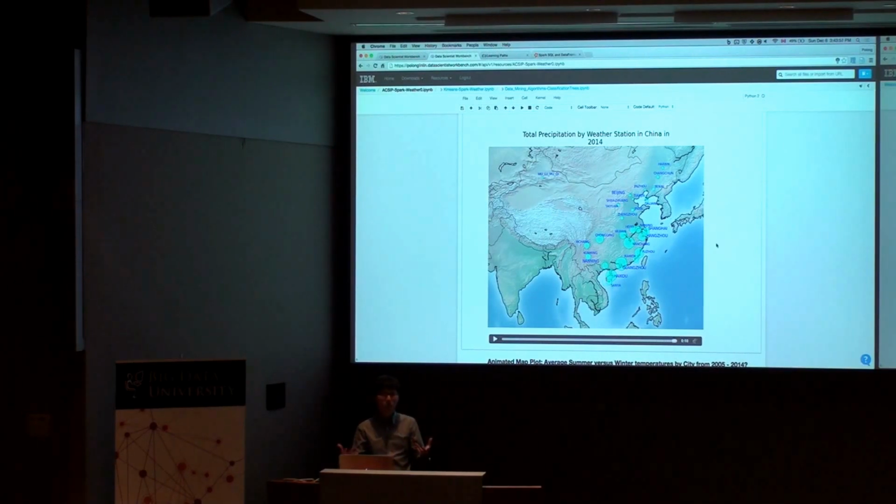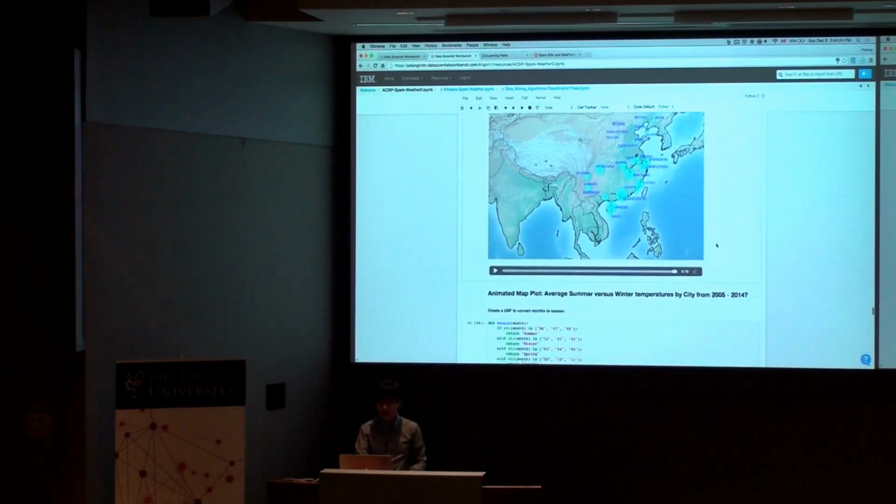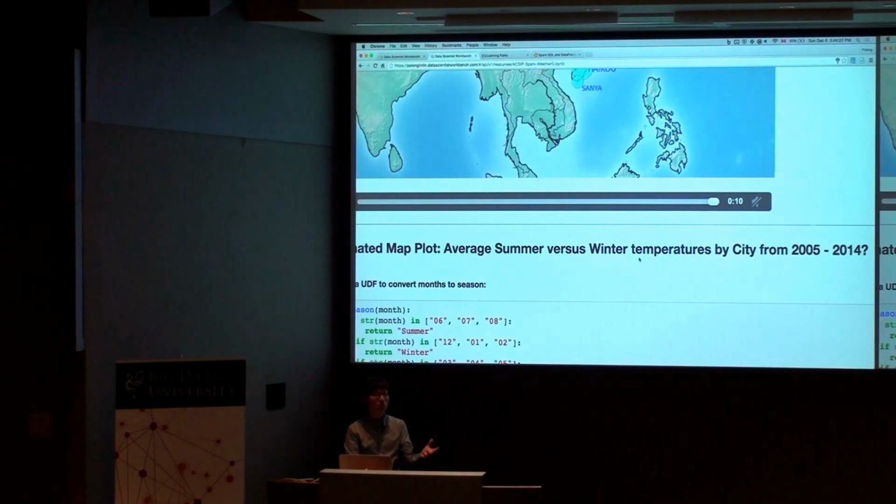And you can see how you can apply this to many different data sets as well. So not just weather. What if we looked at earthquakes and changed the size of the circle to represent the magnitude of the earthquake? Someone has done that for Japan. There's a 2013 earthquake, 2013, 11 earthquake. It's very large. You can see how earthquakes kind of explode in activity very close to a very large earthquake. So this is the total precipitation by a weather station in China across the years. But we can also look at the average summer versus winter, because temperatures in 2005 to 2000